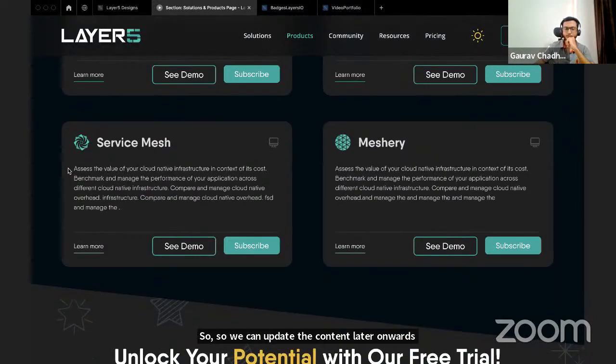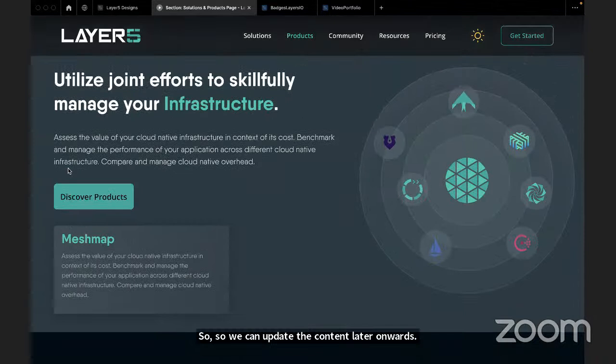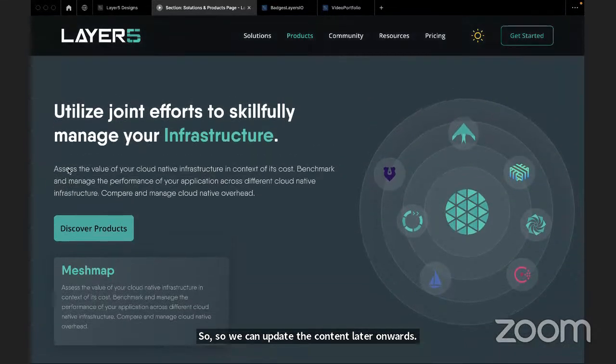Also, one more thing in the hero section when you are adding the circular graphic, replacing the service meshes with our products like the playground and Meshery catalog and those icons. It will be a carousel, so it will change at a particular time, and the content will also change with it, so that we can showcase all our products on the home page.